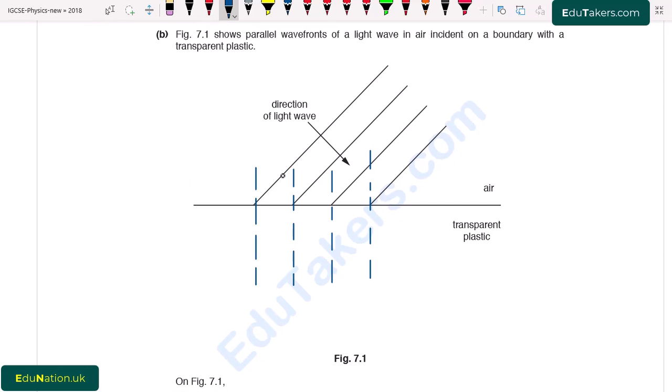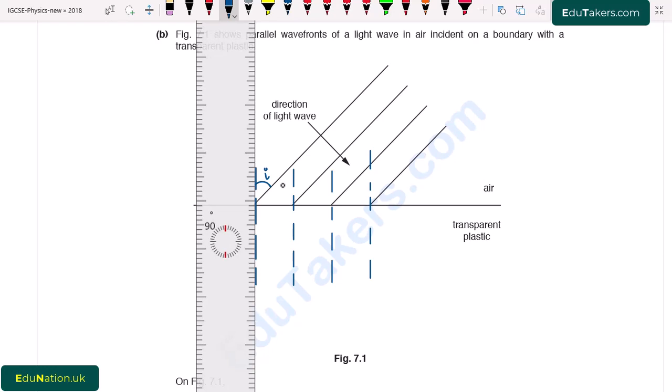For that we can see that the rays enter from air into the transparent material. So there will be more bending. And all of these bend in such a way that the angle of refraction is smaller as compared to the angle of incidence. So this is basically the angle of incidence. Angle of incidence is the angle that the incident ray makes with the normal line. And now we have to draw the refracted ray.